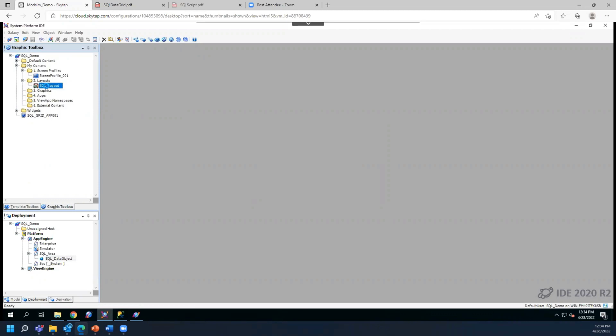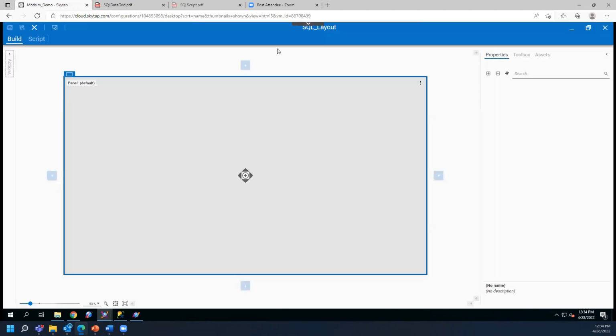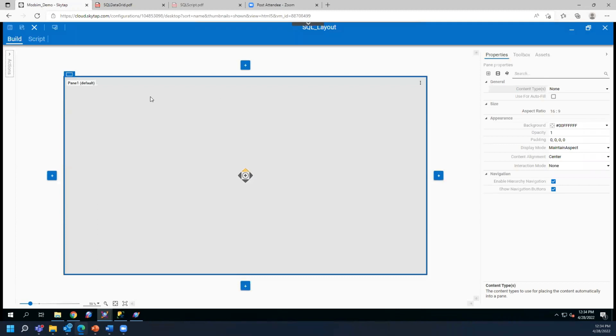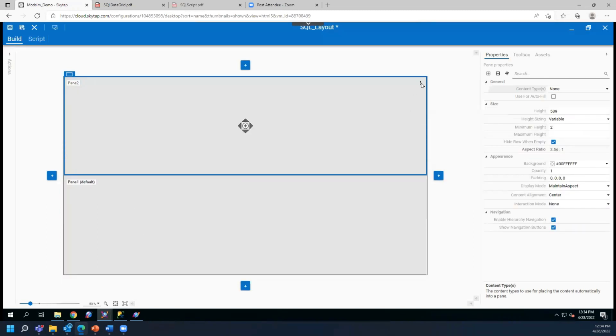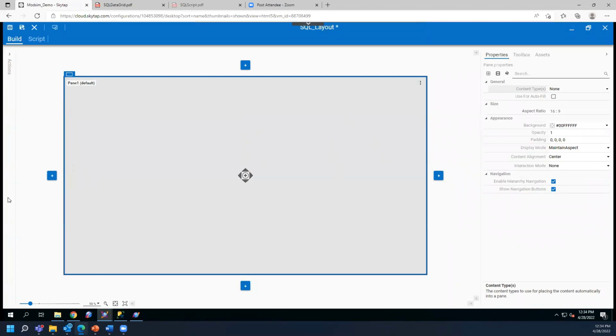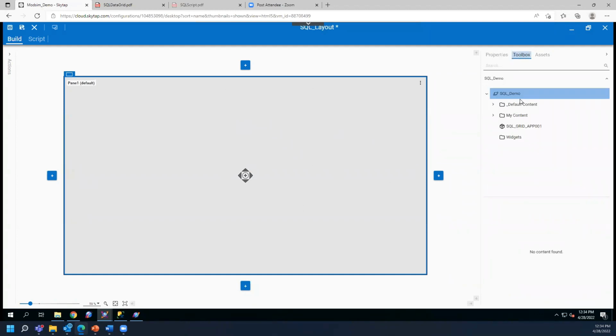This is where you decide the different sections of the screen, and you can create more panes. You can divide this into different sections and all of that. So what I'm going to do here is I'm just going to delete this pane, but this is how you create a pane. So this is our main pane here. I'm not going to create any other panes. All I need to do is just go to the toolbox. Now that we have